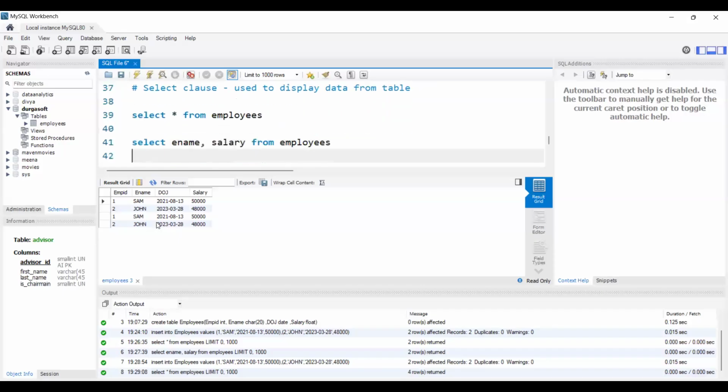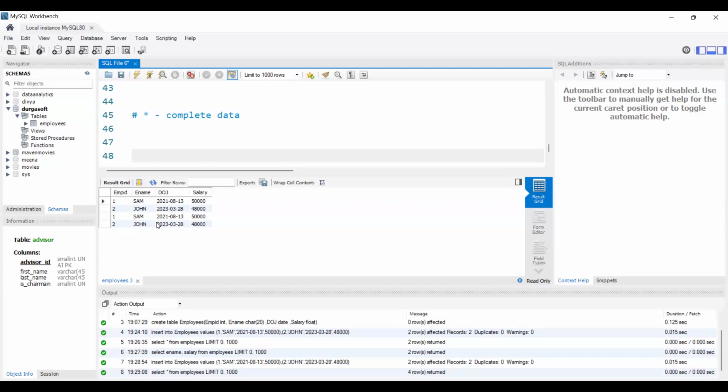Basically, if we are joining any office or any college, we will be provided with unique IDs, right? So if we are trying to enter the same ID once again, our system or SQL should throw an error stating that you are trying to enter duplicate data. You cannot enter duplicate data. But here, it didn't throw me any error. It is just allowing me to enter the duplicate data, right? So to get rid of this, we will use one concept called primary keys